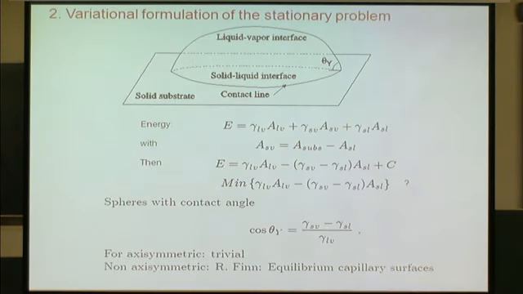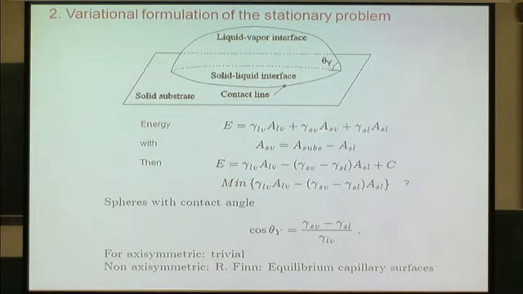Now, from a mathematical point of view, how can you compute static drops, static shapes? Well, the most classical theory for a drop, forgetting for a moment an electric field or anything, is just adding interfacial areas. So you have a drop sitting on a solid, and you have three interfaces: the liquid-vapor interface between the drop and the surrounding air, the solid-vapor, and the solid-liquid interface. Each one of these interfaces carries an energy proportional to its area multiplied by some surface tension. Call them gamma liquid-vapor, gamma solid-vapor, gamma solid-liquid.